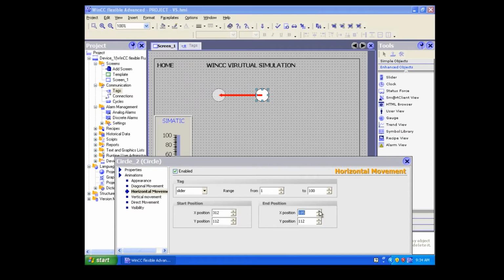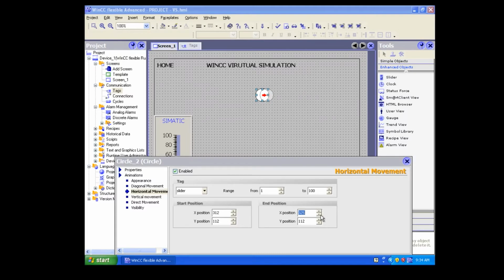You can give this name as job in sensor. If you want, you can make it bold. You can reduce the size.